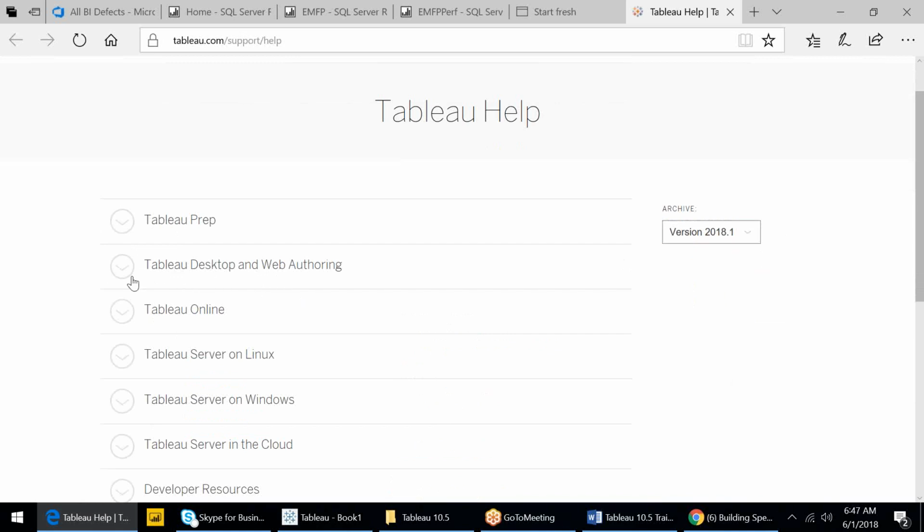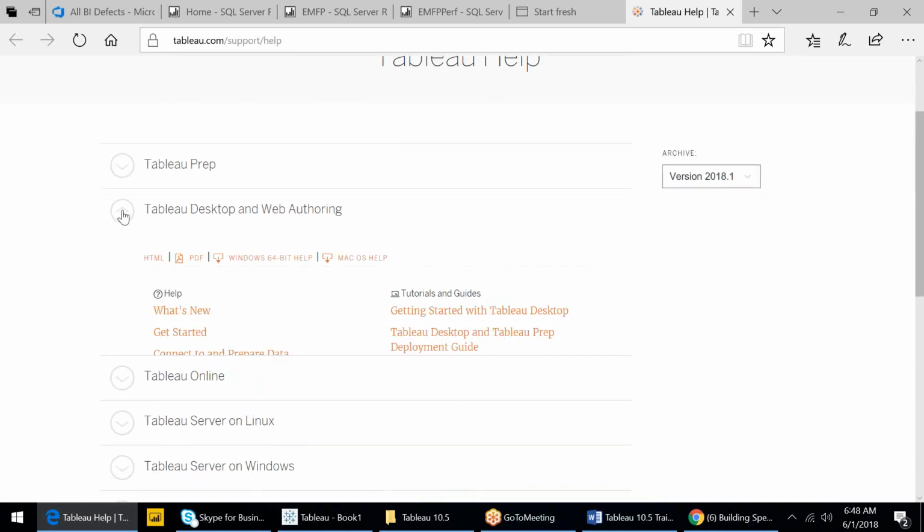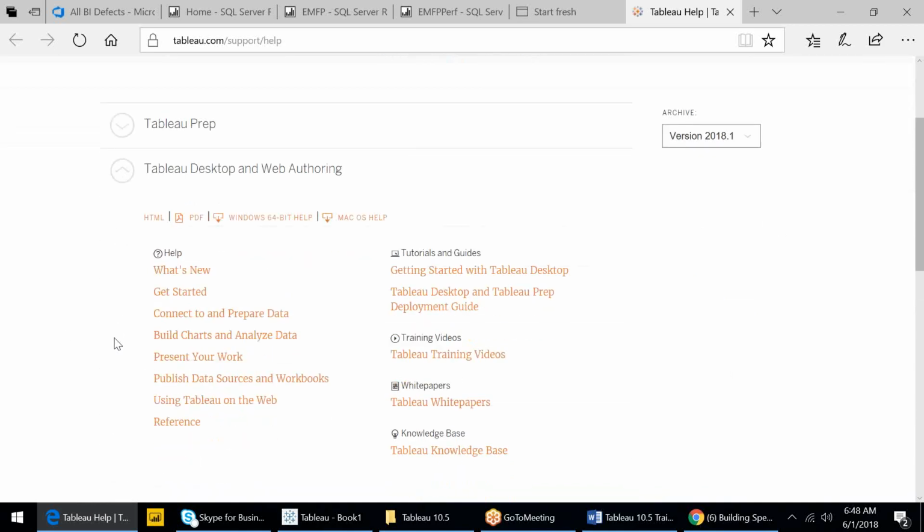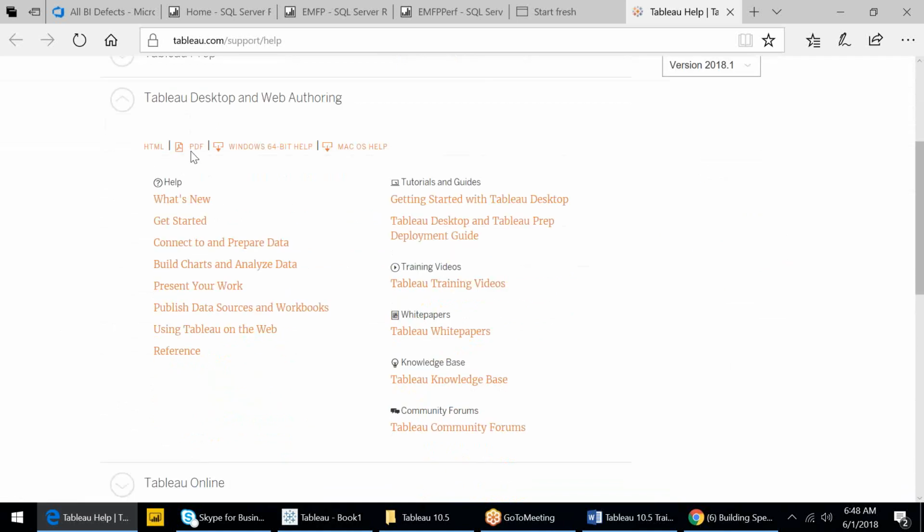And for example, if you want to go with the Tableau Desktop tool, you can see an HTML format and a PDF format you can download here, okay, and videos, white papers. There are so many things you can find out here. So it is a Tableau Desktop PDF file. Okay, see,